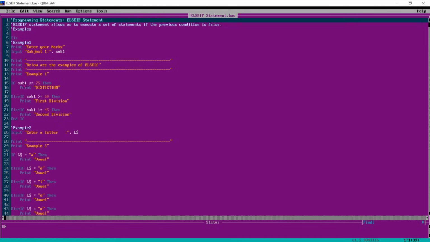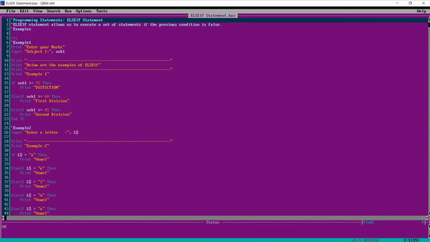First it will check the if condition. If subject 1 marks is greater than or equal to 75, then print distinction. If this condition is satisfied, then print distinction. Else if it is greater than 60, then print first division.